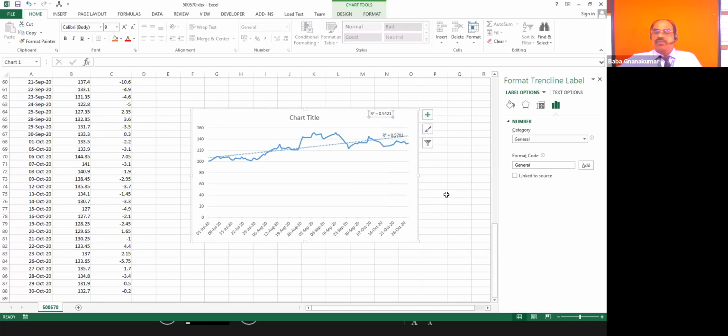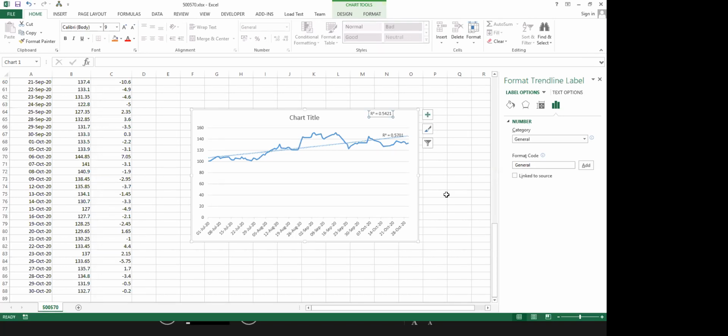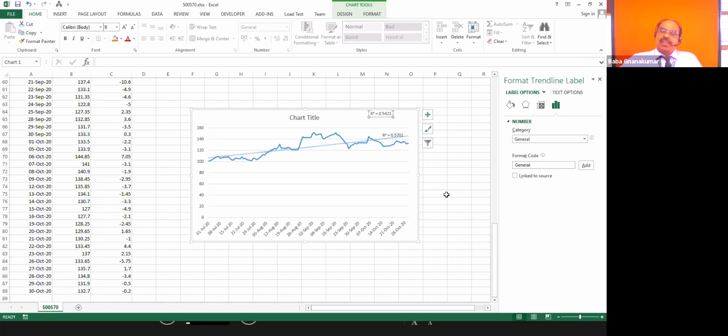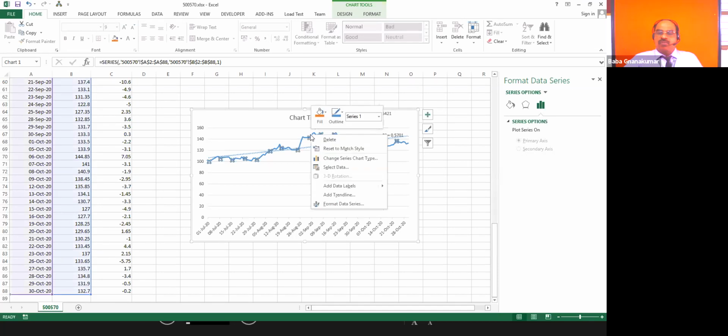R square is equal to 0.57. Can this man conclude that it is a linear trend? This is also 0.57. No, sir. Yes, there is no linear trend. See that one. Then this man will be very angry. How can we conclude that one?